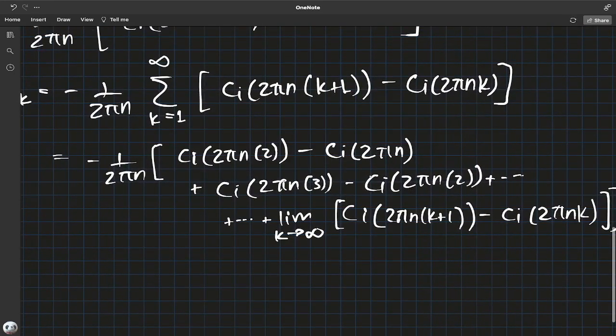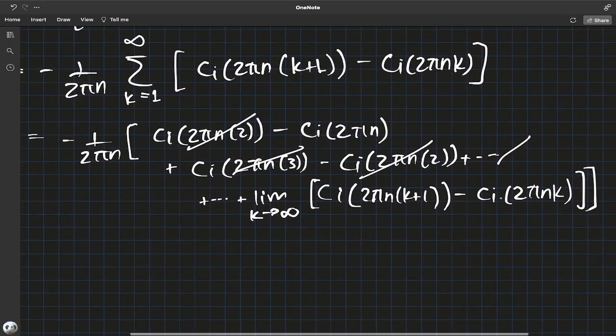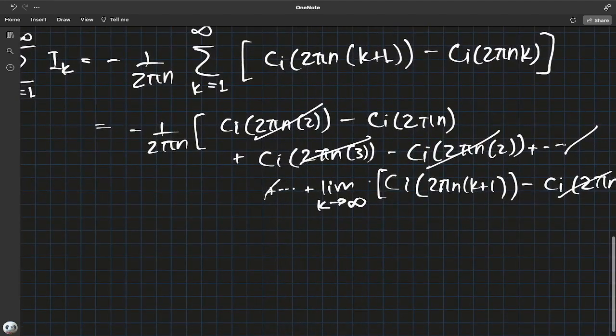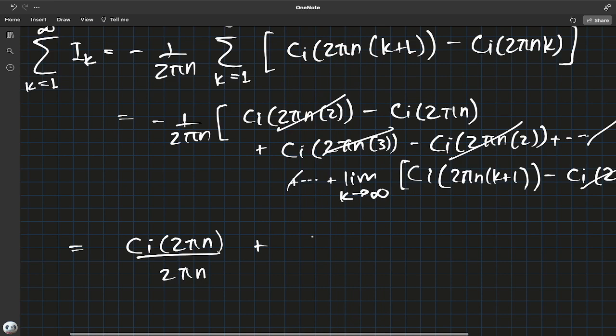Okay, notice the pattern here. This cancels out with that, which means this will cancel out with the next term, and so on, and the last one will cancel the previous term because there's nothing up front to cancel k plus 1 with. So what we're left with is simply cosine integral of 2 pi n over 2 pi n, that was the first term that did not cancel, plus the limit as k goes to infinity of cosine integral 2 pi n (k plus 1)